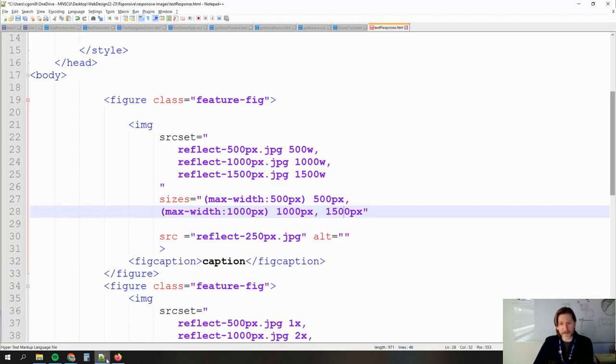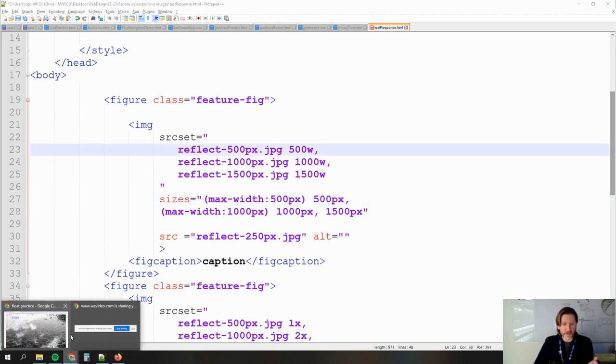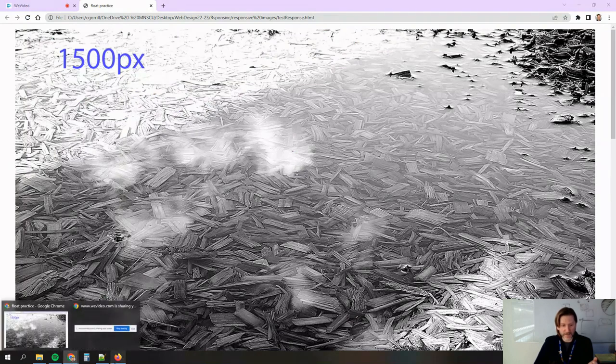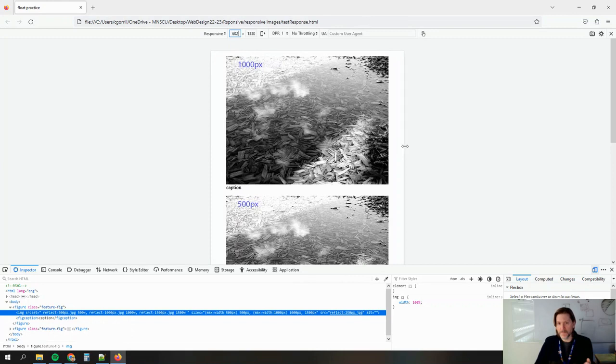If I look at the rules that I said, that if the browser is below a max width of 500, it's going to serve this image. And sure enough, it is, right? You can see that? Now, if I make this wider, get up above 500,